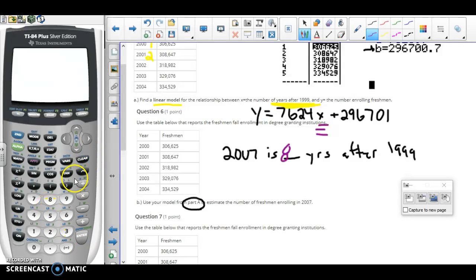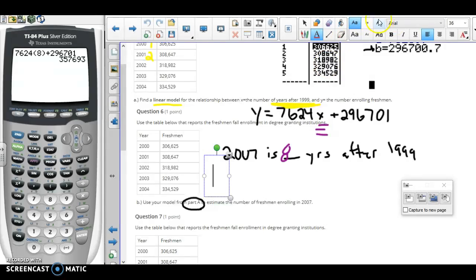Wow, for some reason that looks like that. Okay, so there we go. So we plug that in. So we have 7624, and then substitute 8 in for x plus 296,701. Enter. All right, so we could say the number of freshmen